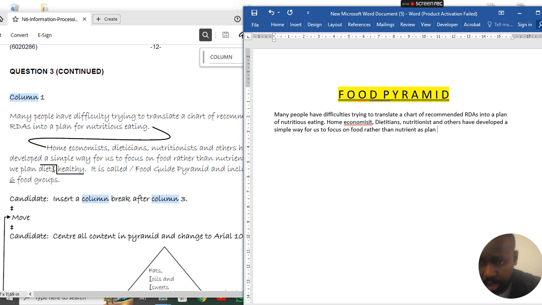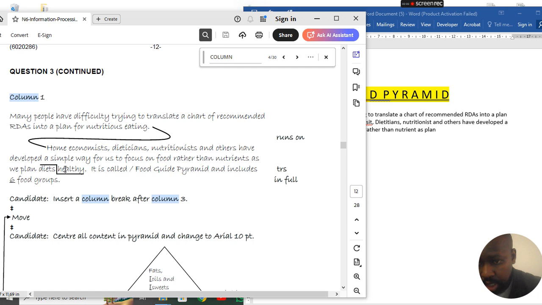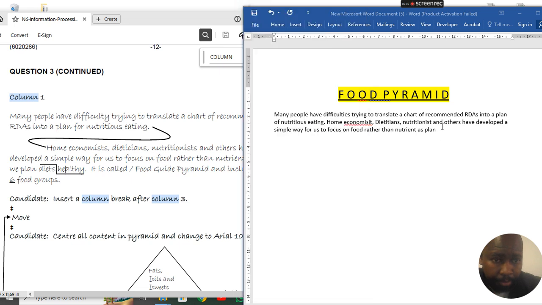Now this sign is to transpose. Sometimes it comes with numbers to tell you 1 and 2. The transpose sign means we start with this word, we finish. So it now says healthy diet. And then after healthy diet, we put the full stop, the space, and then it is called